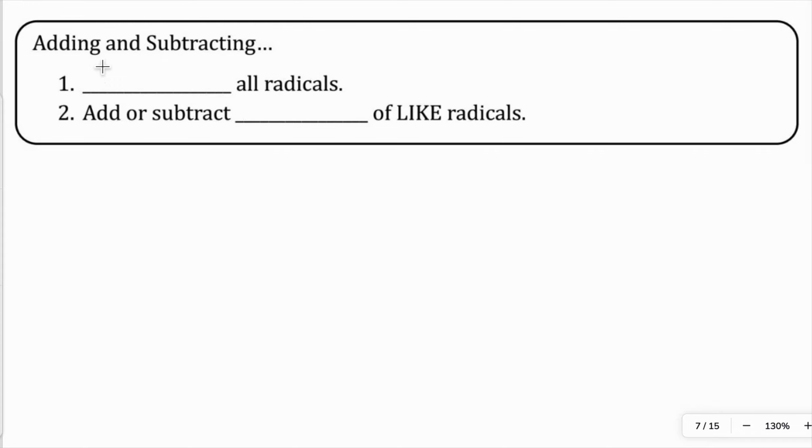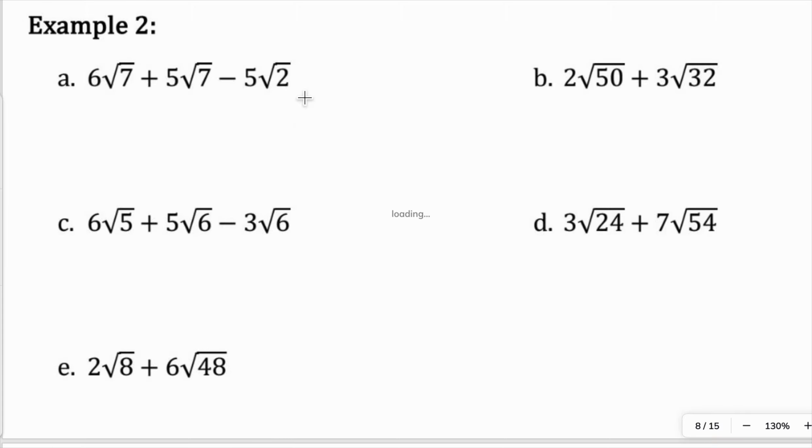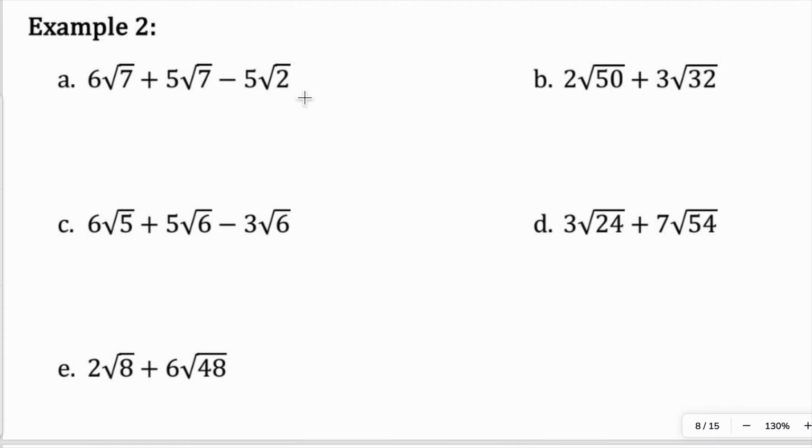Adding and subtracting, we want to be able to simplify all radicals, and we will add or subtract the front of like radicals. So this is what that means. Let's say we have letter A, and then you'll get a chance to try B through E on your own here in a second. I can technically add